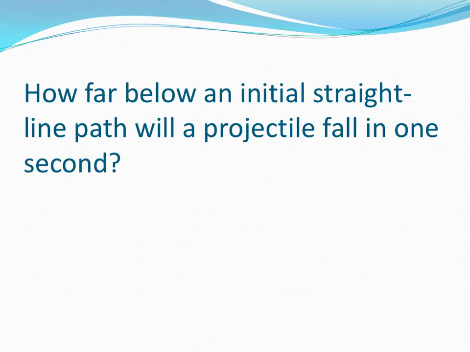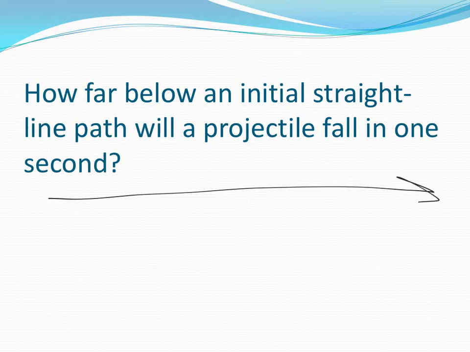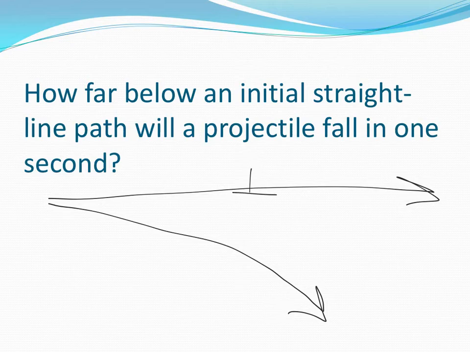So, how far below an initial straight line path will a projectile fall in 1 second? An initial straight line path is a horizontal path like this. So if a projectile starts out, here's a horizontal path, pretend that line is straight horizontal for me, please, and you throw the projectile, it's not going to continue going straight. Gravity exists, and it's going to start to arc downwards as soon as you let go of it. We want to know at 1 second, how far will that projectile have fallen? We can know this without knowing anything else,